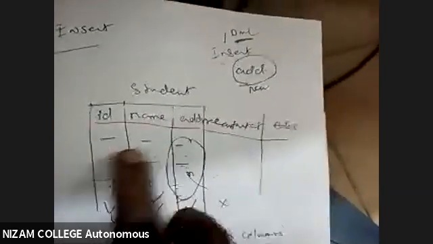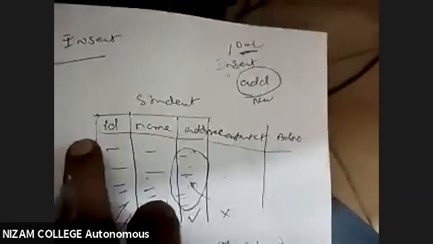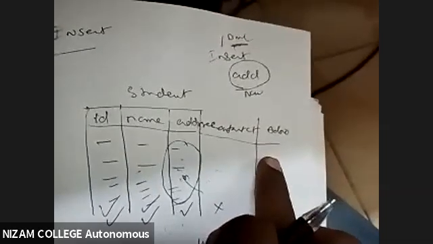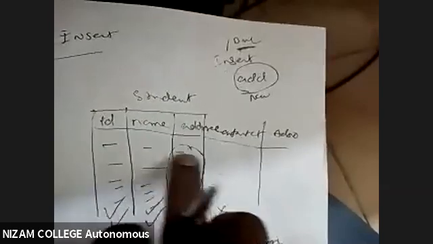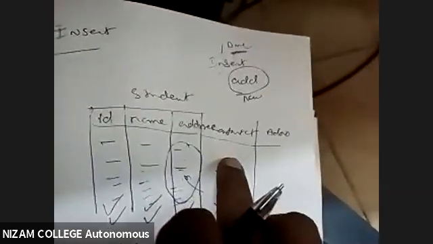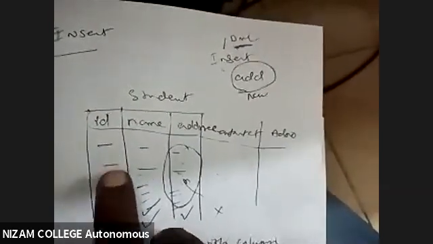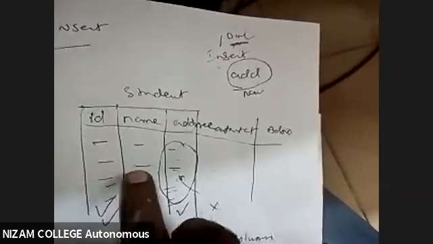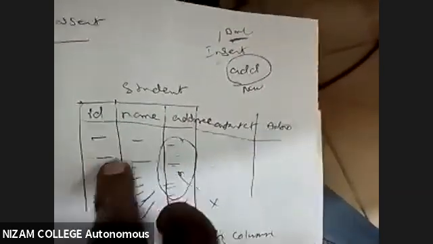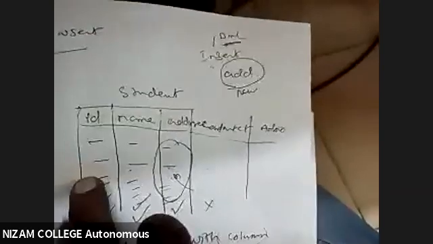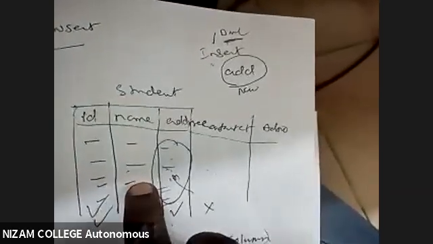Flavor 1 is saying that if I want to insert, that means if you have full data, if you have an ID, name, address, contact, and the Aadhaar number of the student, then you go for the first type of insert command. If you have only a few columns, say I have an ID, a name, and a contact, and the other columns are missing, then I want to go for the third option.